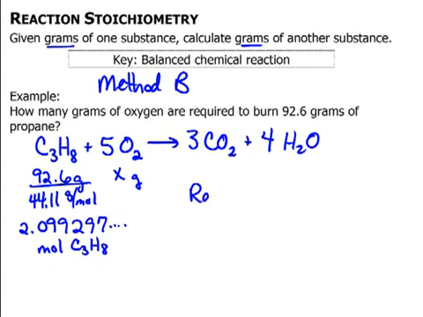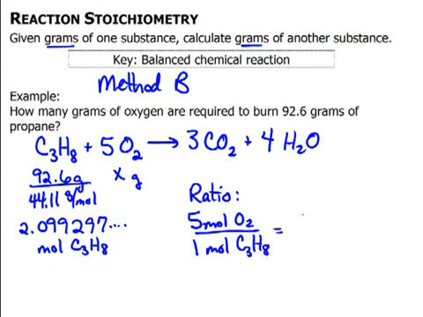Now I can use the ratios. I know from the balanced chemical equation that 5 moles of O2 matches up with 1 mole of C3H8. So now I want to know how many moles, I'll use X, moles of O2